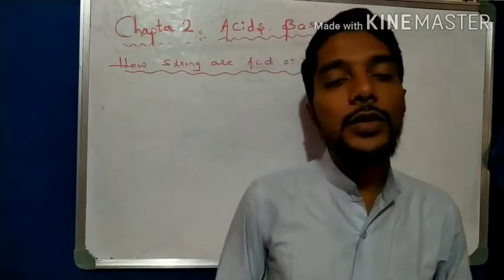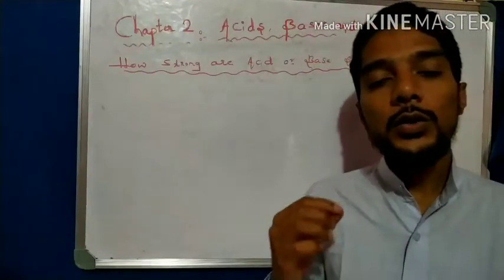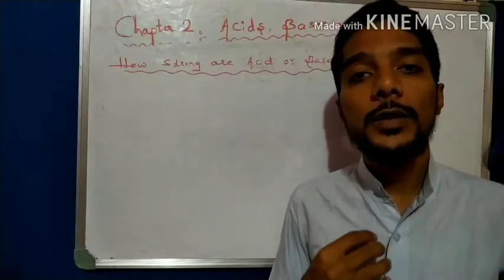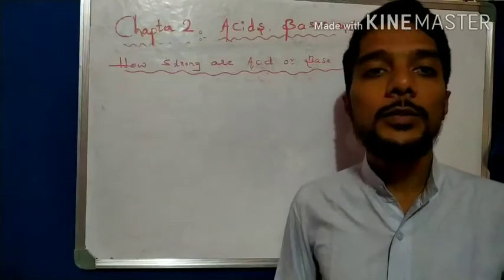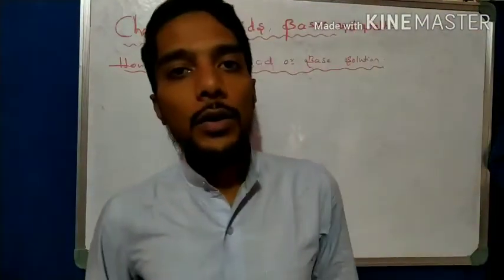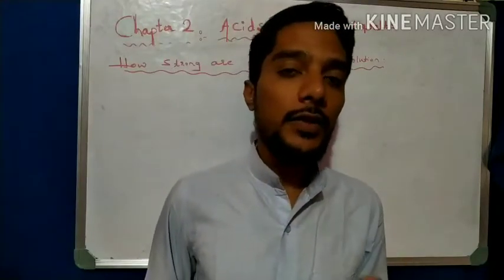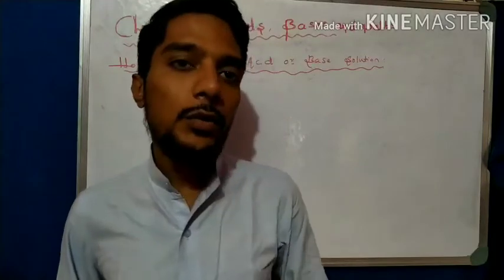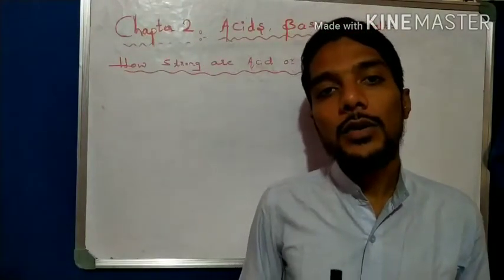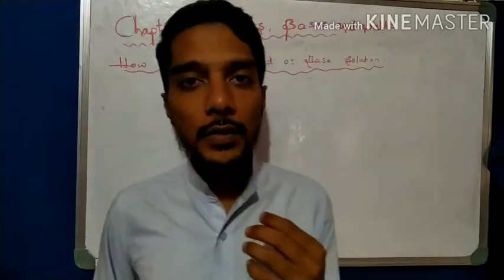In the last class we defined strong acid and strong base, and we also used some indicators which are able to find which substance is an acid and which is a base with the help of a change in color and change in smell. Now, after getting the indicators for finding which is acid and which is base, it is time to require another type of indicator which tells us which is a strong and which is a weak acid, which is a strong base and which is a weak base.